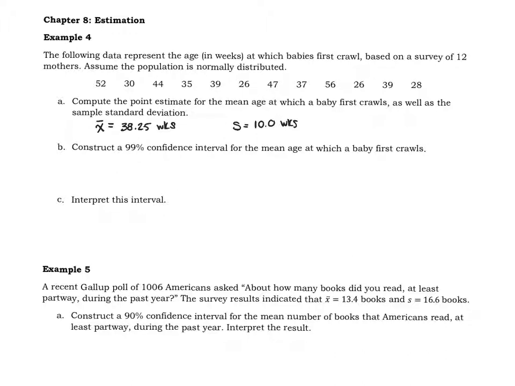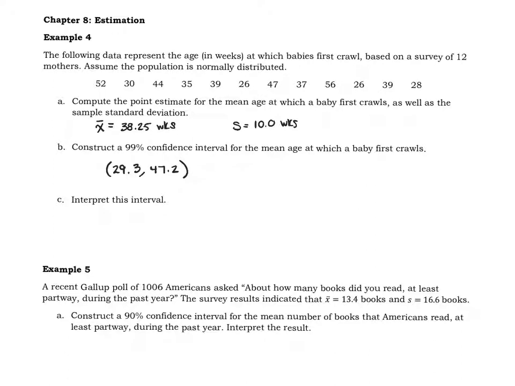Construct a 99% confidence interval for the mean age. So again, go to your T interval. We're going to use the data, then your list is where you put them. Again, I'm assuming L1, frequency of 1, 99% confidence level. And we end up, rounding to one decimal place, with 29.3 to